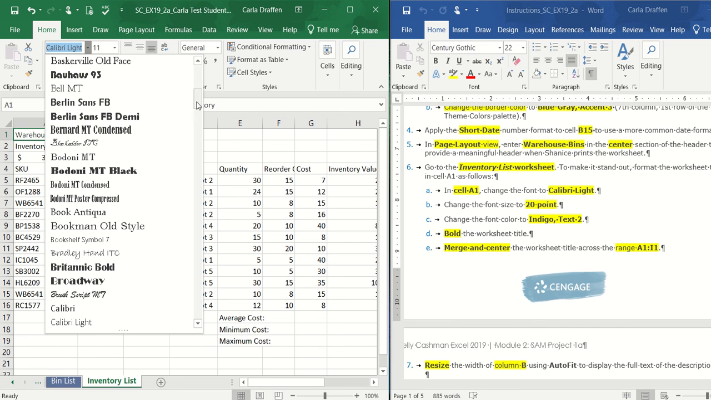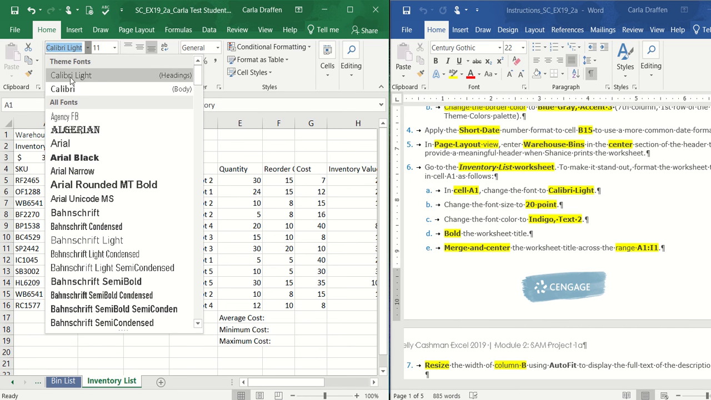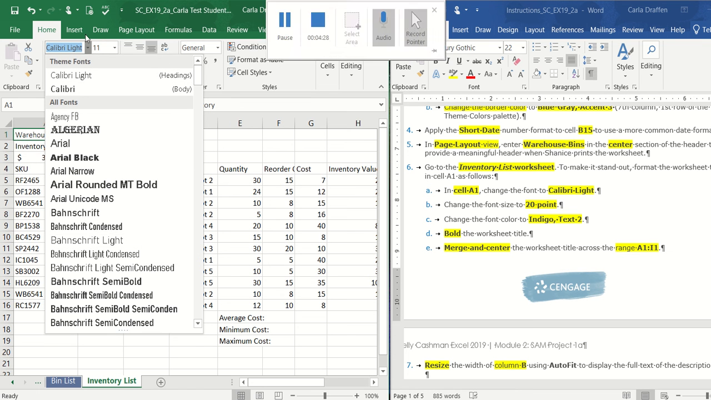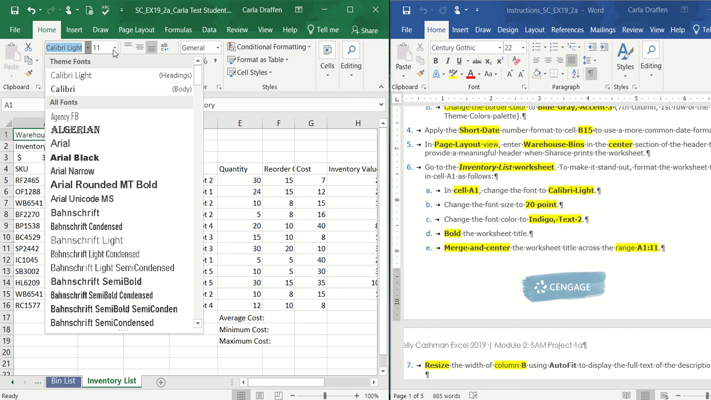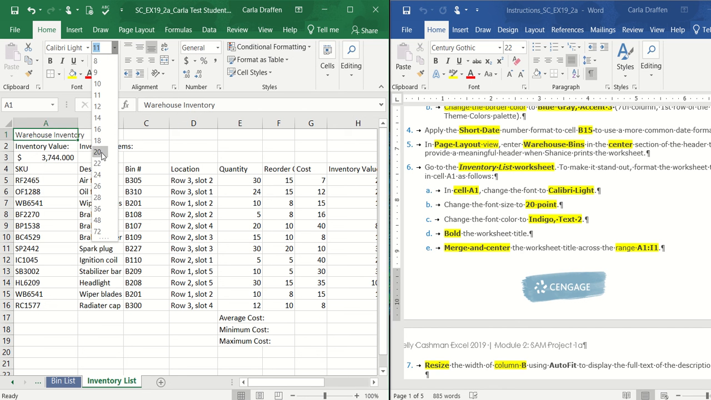If you had chosen the Calibri Light from the theme fonts, that would have been a heading font, and it did not tell us to do that. So we're not using those theme fonts. We had to go down in the list to find Calibri Light. Next we're going to change the font size to 20,